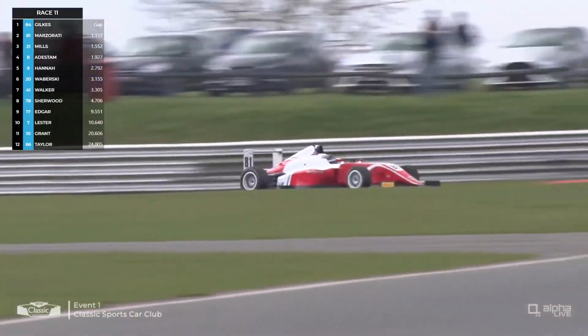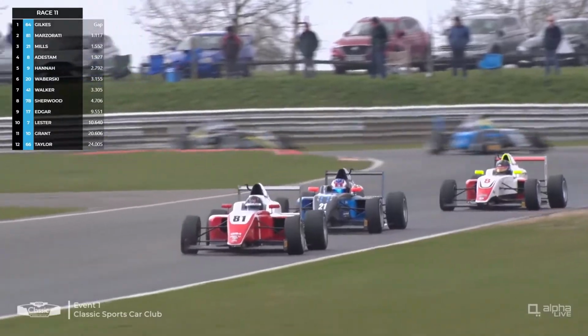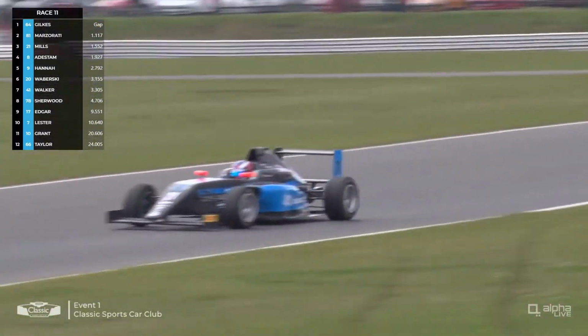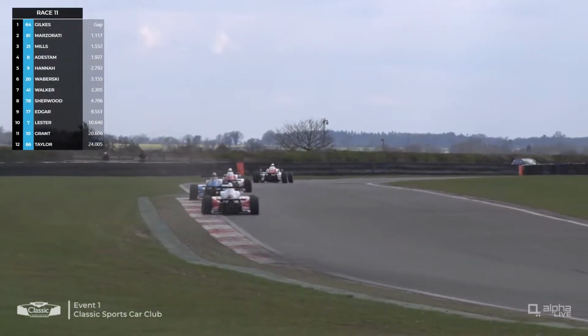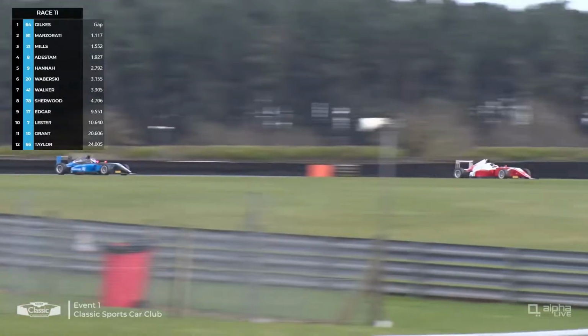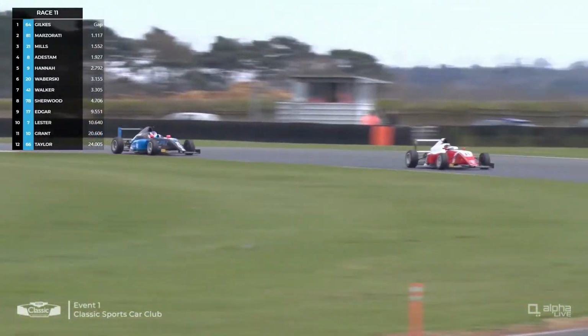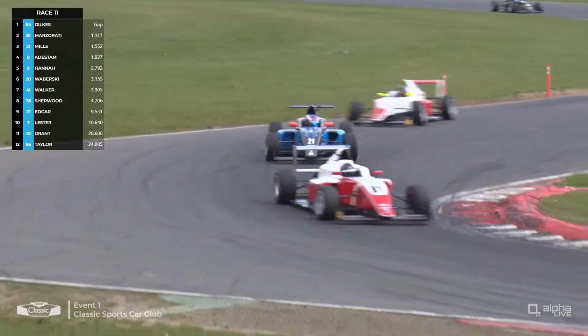Megan Gilks still leading the way from the white and red number 81 car of her teammate, Max Maserati, coming under pressure though from the grey and light blue machine of Tom Mills that sits behind, who bounces over the curbs a little bit coming out of the Bomb Hole that time through. Wouldn't have lost him any time at all, just using all of the curbs